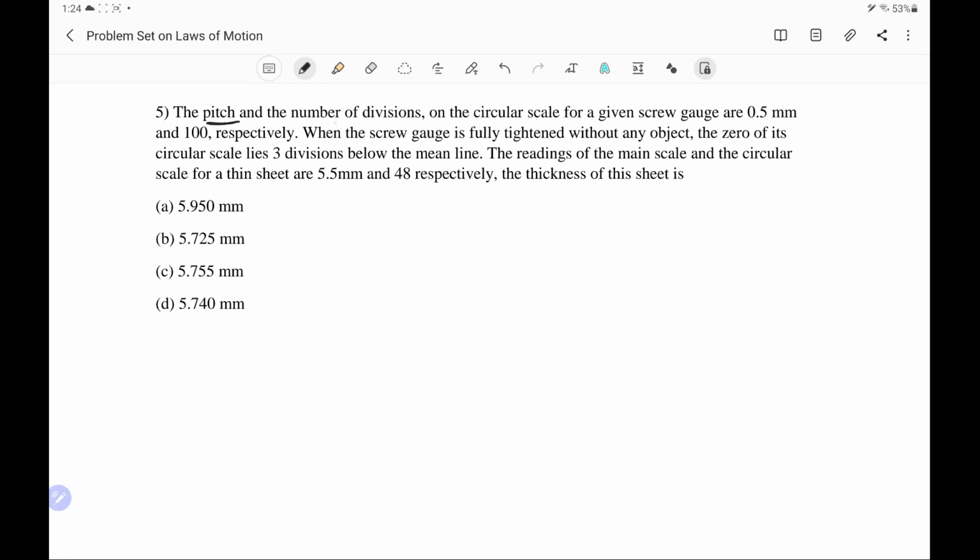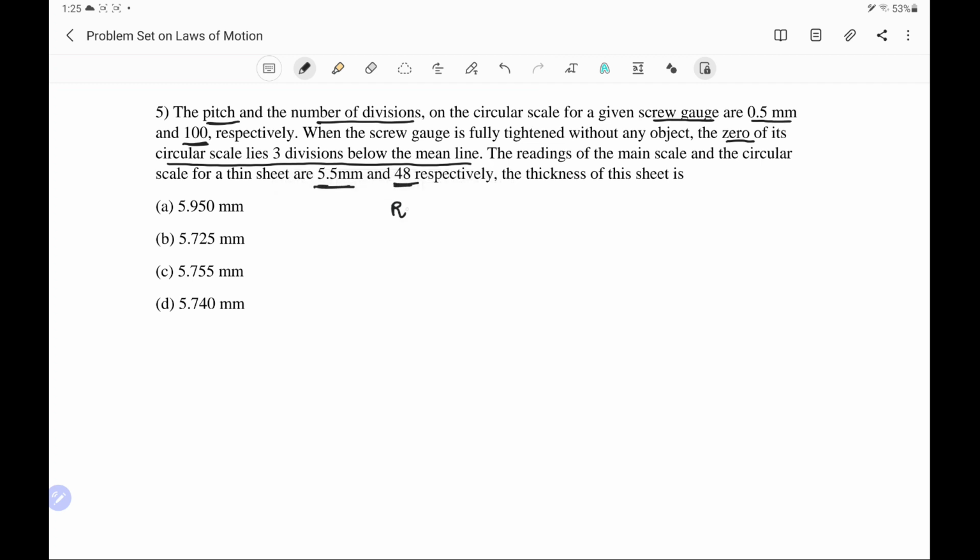The pitch and the number of divisions on the circular scale for a given screw gauge are 0.5 millimeter and 100 respectively. When the screw gauge is fully tightened without any object, the zero of the circular scale lies 3 division below the main line. The reading of the main scale and the circular scale for the thin sheet is 5.5 millimeter and 48 respectively. The thickness of the sheet is. That means we have to find the